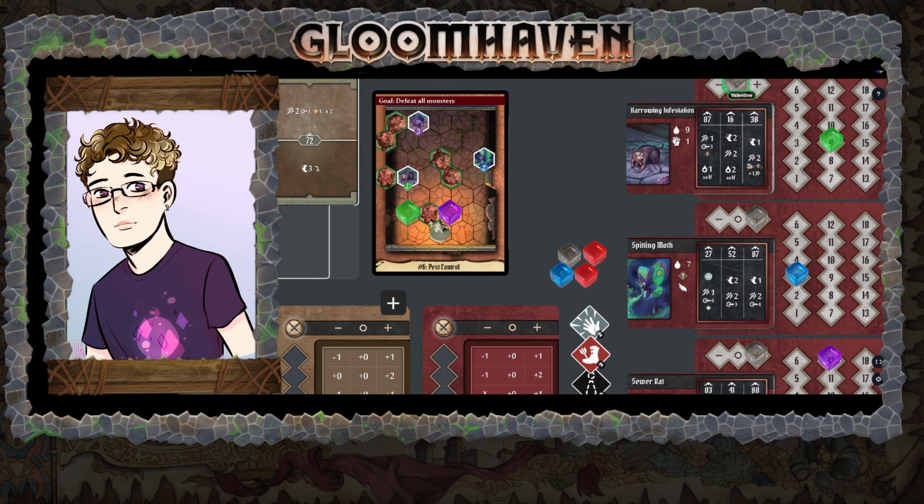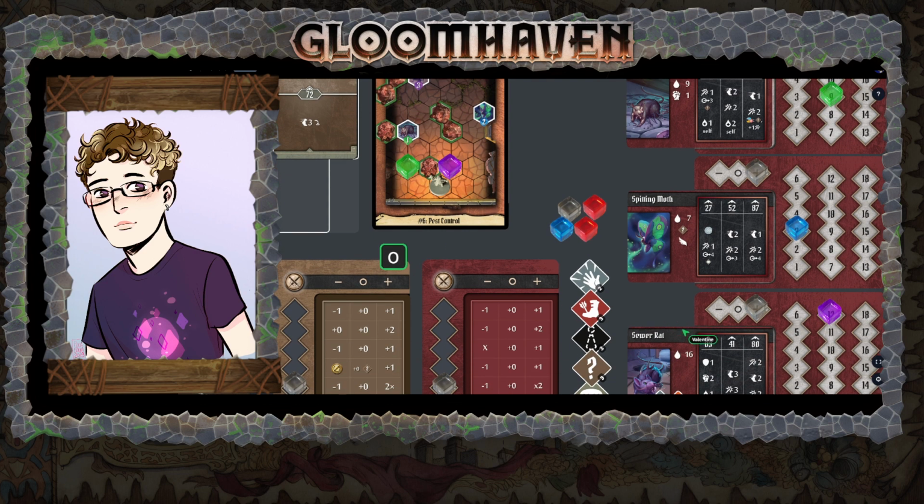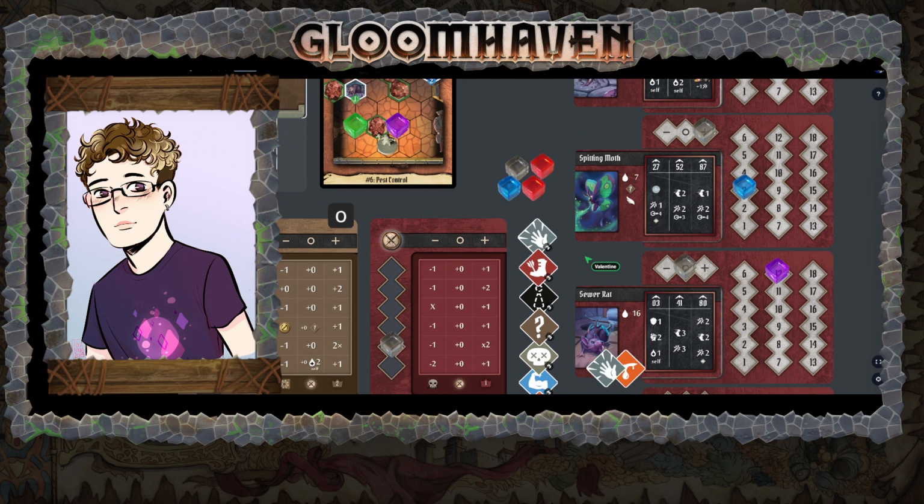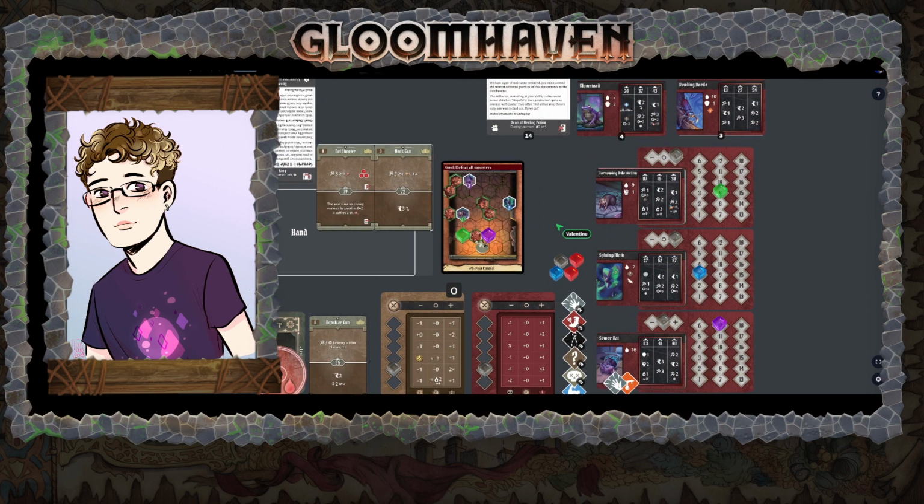Harrowing Infestation is going to go to 38. It finally does something other than the same range attack. And this one is going to go here. This isn't disarmed anymore. That was from last turn. Oh no, it is disarmed because that happened on its turn. Nice. Ooh, we got 2 attacks off of the sewer rat. Great disarm. Okay, we actually managed to go before both of them,